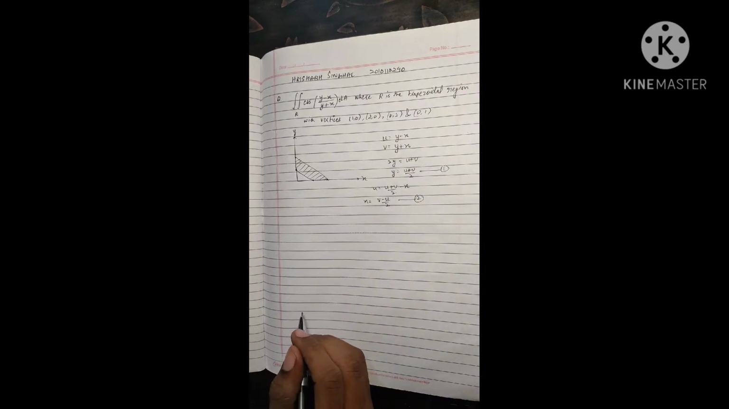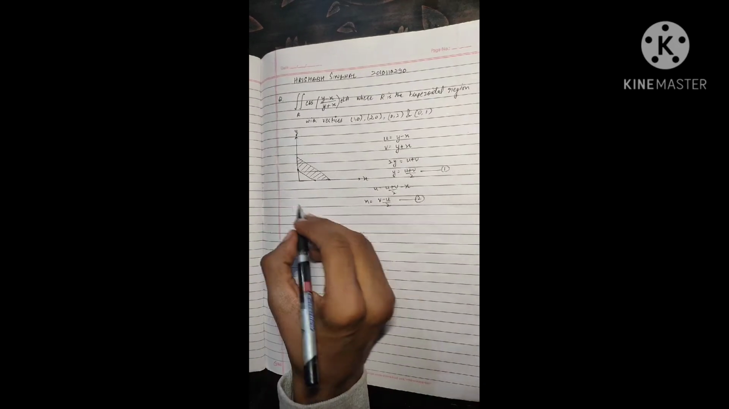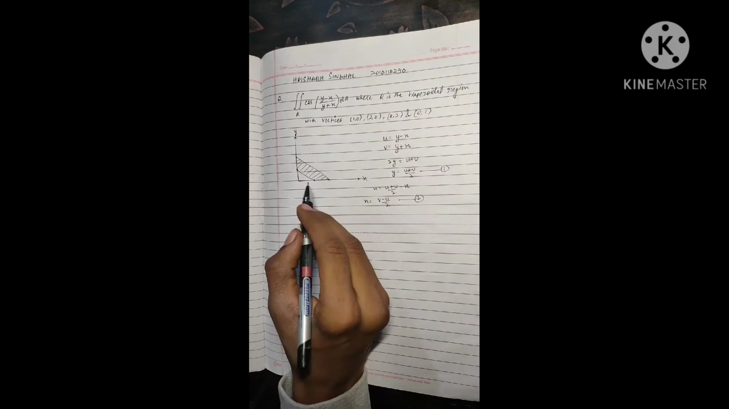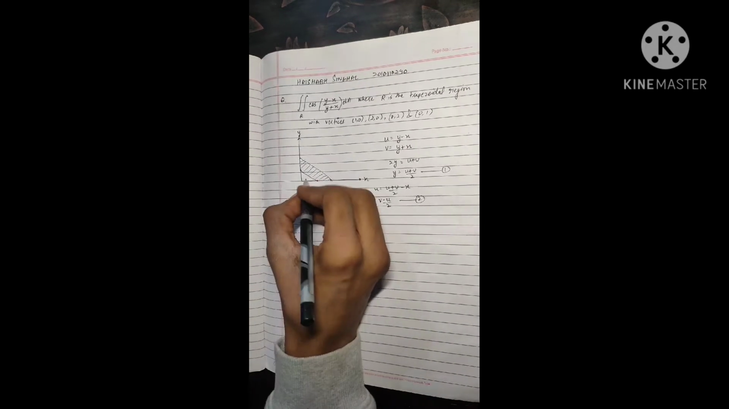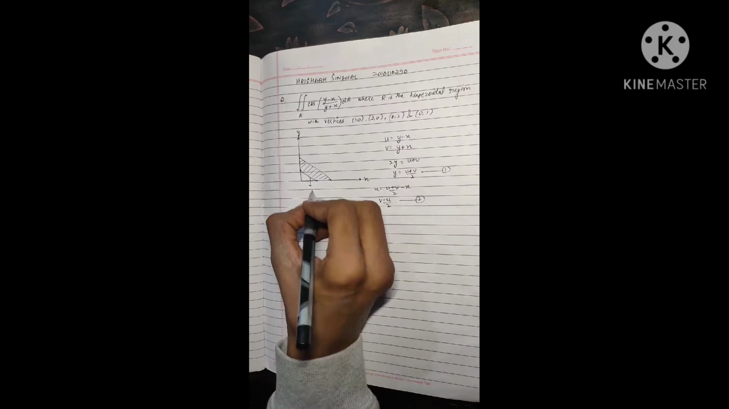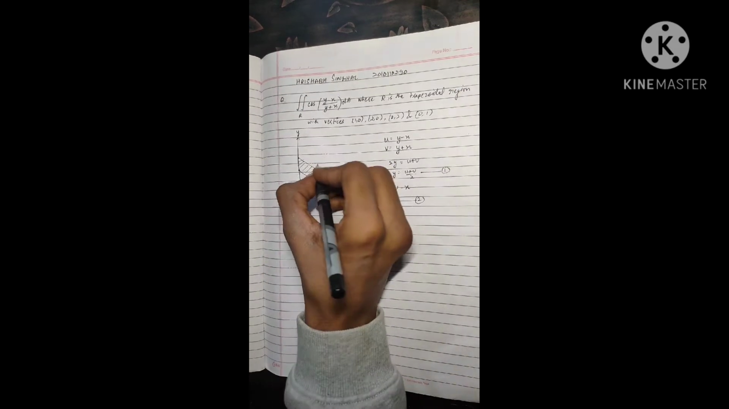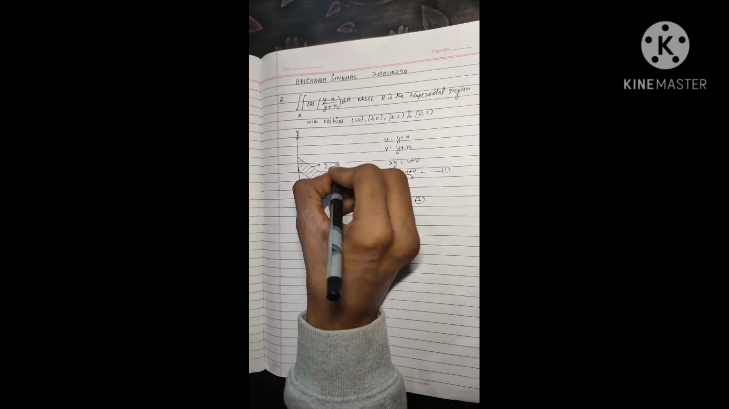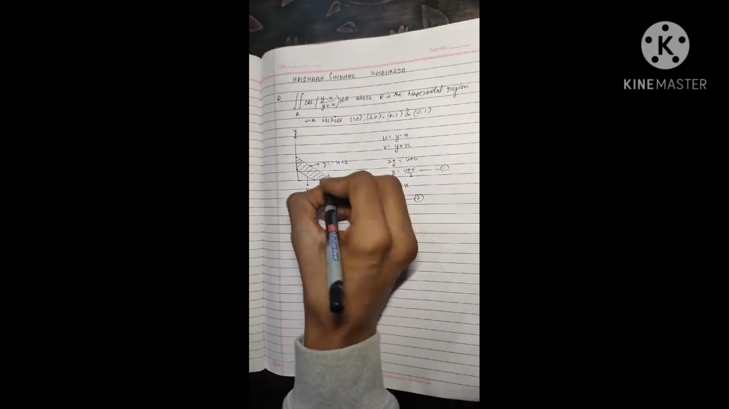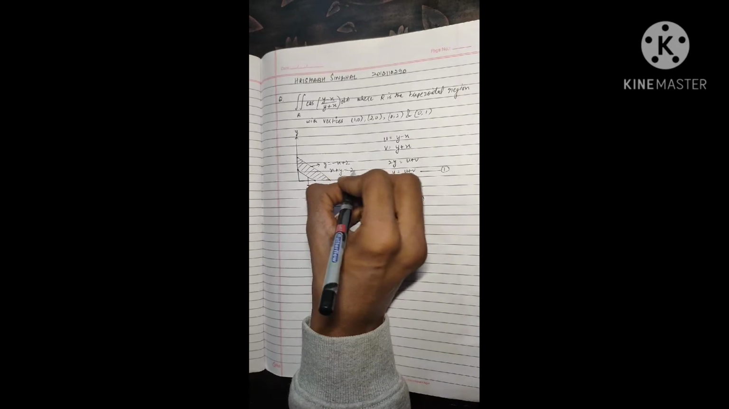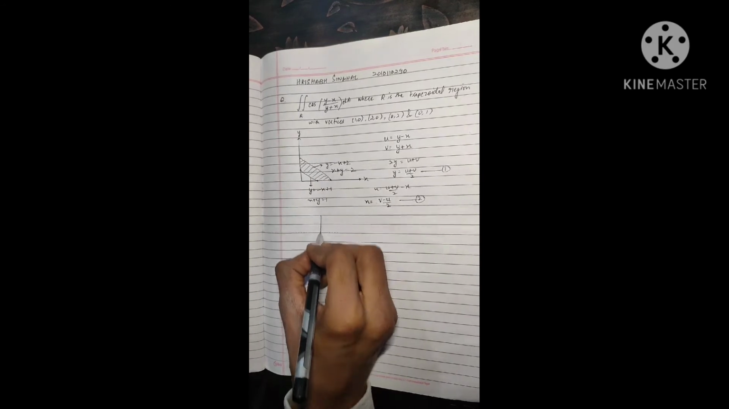To integrate with these changed variables, we will have to find the image of this region R, which is in the xy plane, in the uv plane. In this graph we can see the equation of this line is y equal to minus x plus 1, and the equation of this line is y equal to minus x plus 2. So we can write them as x plus y equal to 1 and x plus y equal to 2. Now if we have a look at the uv region,